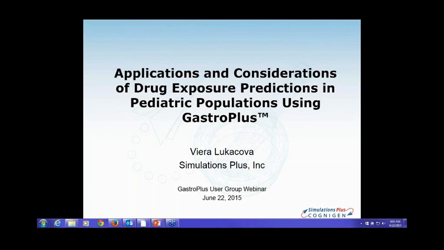Viera is a team leader at Simulations Plus, where she contributes to research and development and oversees a team of scientists and programmers in developing software programs such as GastroPlus, DDD Plus, and Membrane Plus for simulations of absorption and bioavailability, in vitro dissolution, and cell culture permeability simulation. In recent years, her main research focus was in the area of PBPK modeling and drug-drug interactions.